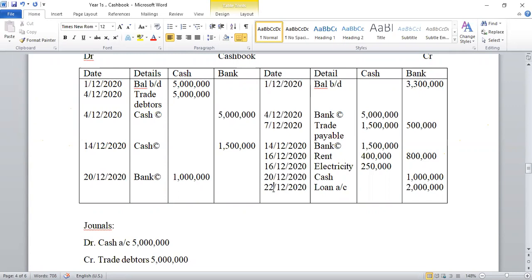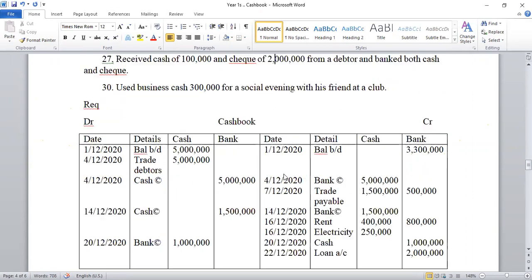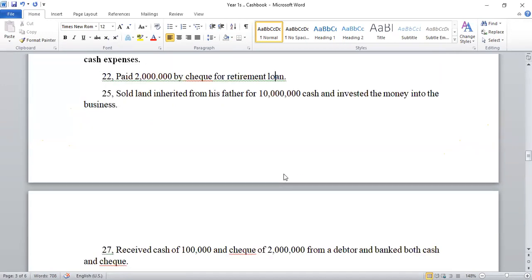So going forward, I was telling you, with the cash book, they're only interested in a single entry, the entry concerning the cash or the bank transaction. That's the only entry they're concerned with. So I've just passed one entry, and that's it on 22nd. So we're going to move forward. The next one is 25th. Please feel free to ask any questions in the chat. Don't unmute. Put it in the chat. I will check it out.